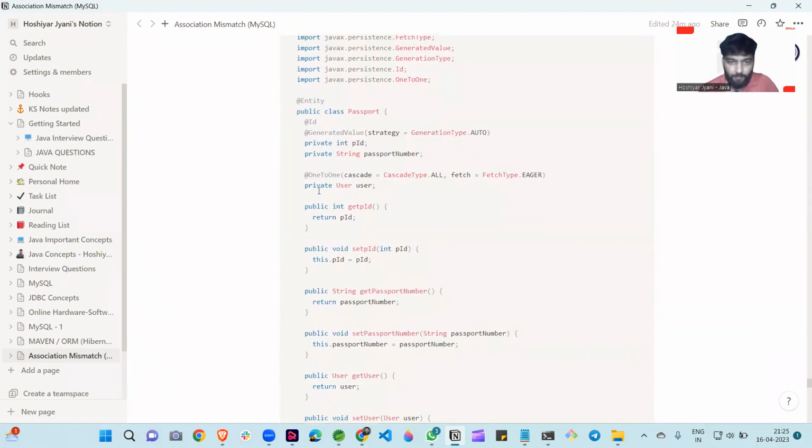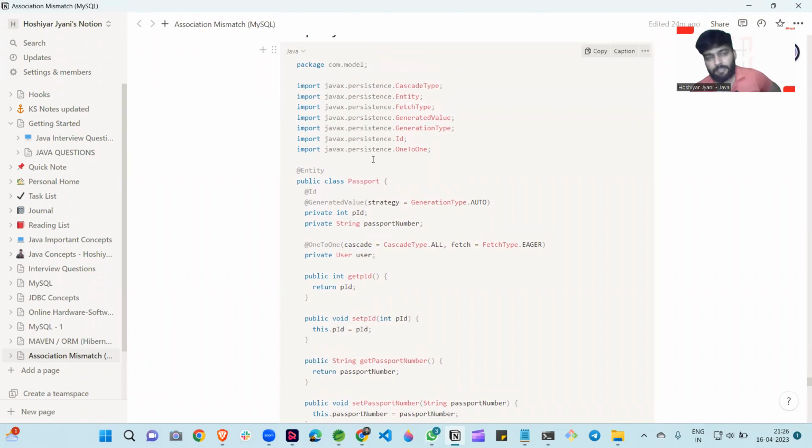In the passport, we have passport ID, passport number, and in this we have one user also. And in this, we also write one-to-one, cascade type all, fetch type eager. So persist either one, and both will be done. So it contains the user variable and it contains the passport variable. What will happen here, tell me, those who are watching the video so far, tell me by commenting,